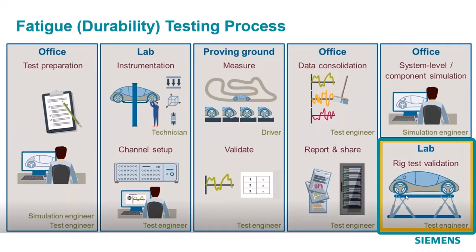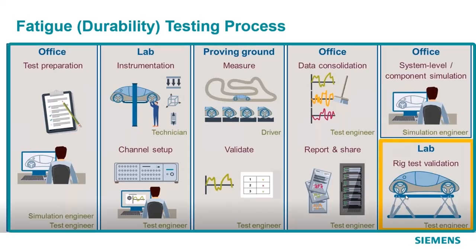So that is why we take the measurements from the proving ground and then use that information to give input to your shaker and do the testing in the lab, where you can run the test 24/7 in a controlled way, and you can run it even unmonitored. There doesn't need to be a driver or somebody to notice that. You can just go through the process of setting the test, and then it can be set up to run for a long time. This is the typical durability testing or fatigue testing process.